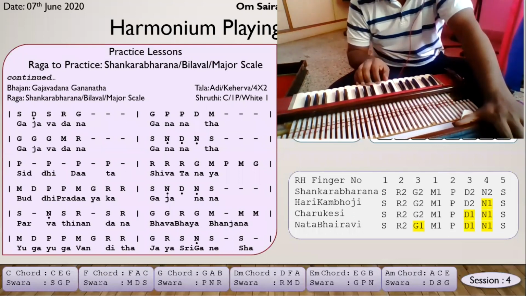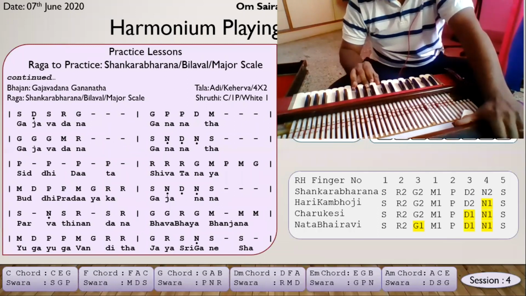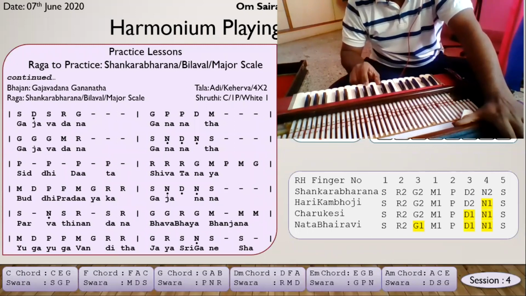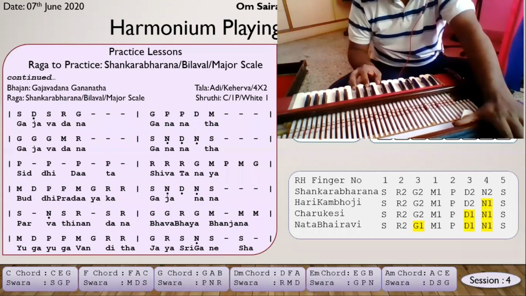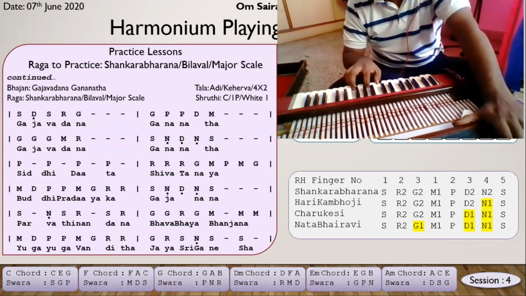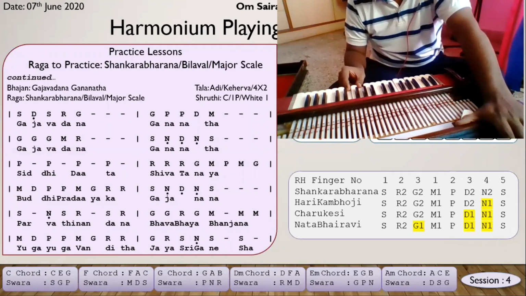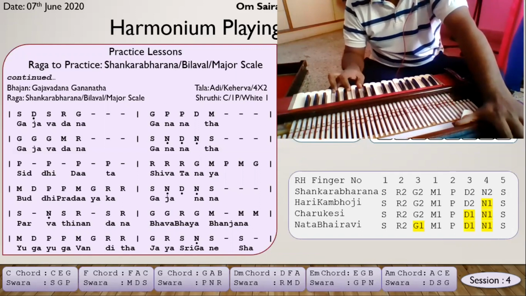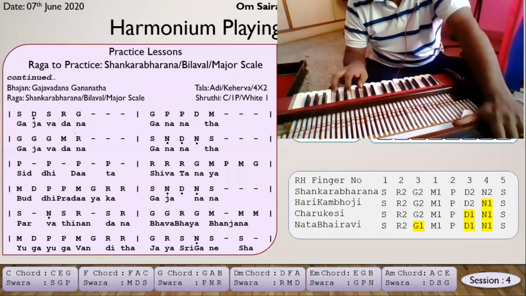There's one more minor chord. Next, you can just take the position of your fingers and move one level up. This is another minor chord: E, G, and B played together is an E minor chord. It would be Ga Pa Ni. So Ga Pa Ni is another minor chord. There's one more minor chord, which is A minor. If you take A as 1, then you have C as the fourth key and E as the eighth key. So A, C, E. So you have 3 minor chords: D, E, and A.